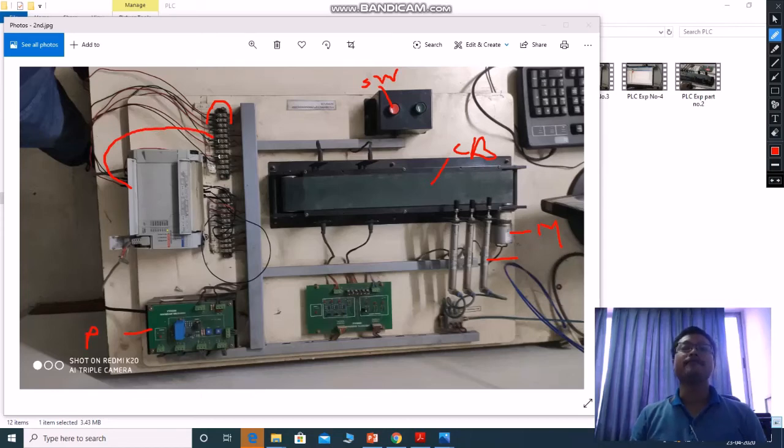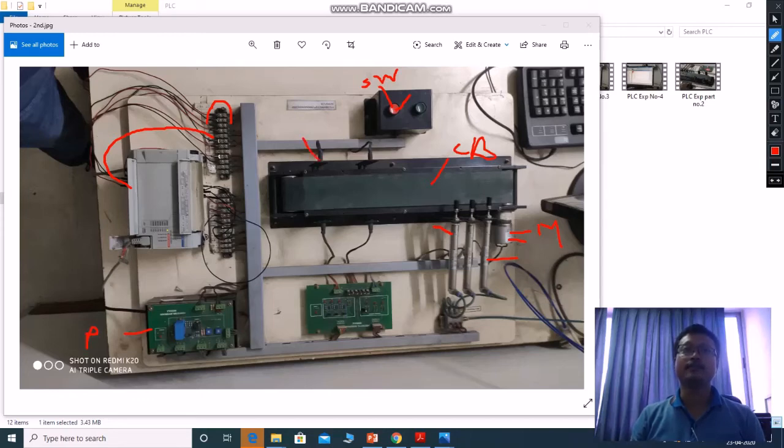Now how can you specify which are the output and which are the input devices of your industrial plant? Simply, switches. From switches you can control a DC motor, so a switch is an input device. From a switch you can operate a single acting or double acting cylinder, so a switch is an input device, and cylinders are output devices.